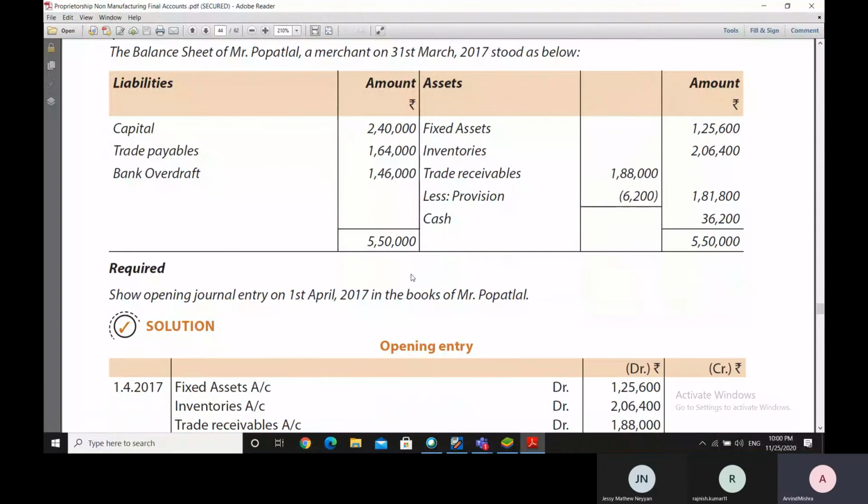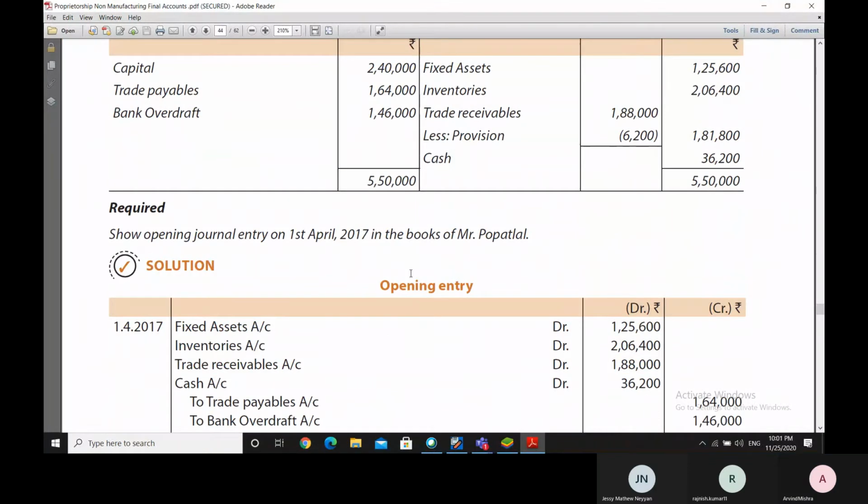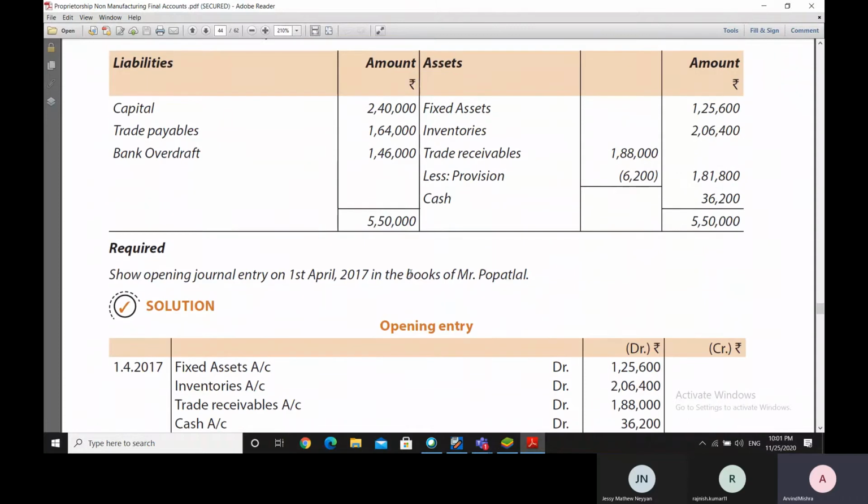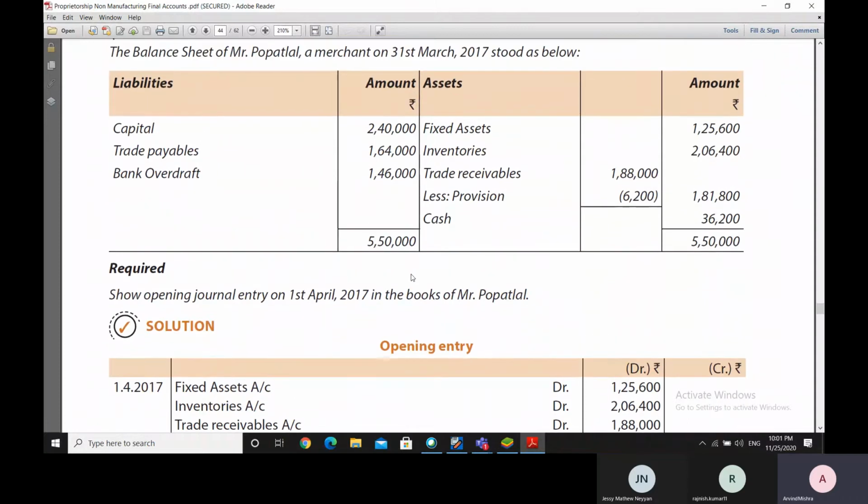We have to show the opening inventory. As we have said, all the items in the balance sheet are transferred to the next year's new accounts in the new books, and therefore new accounts are all made in the name of the assets and the liabilities, and all the liabilities are transferred there, even the capital is transferred there, by way of making the opening inventory. So as we can see here, the opening inventory is being made here,